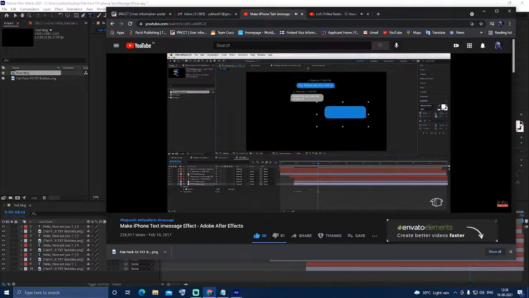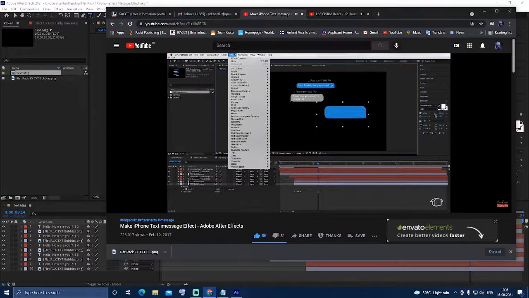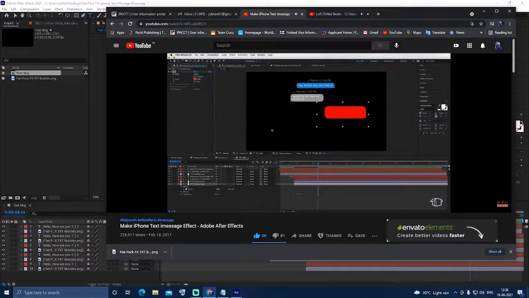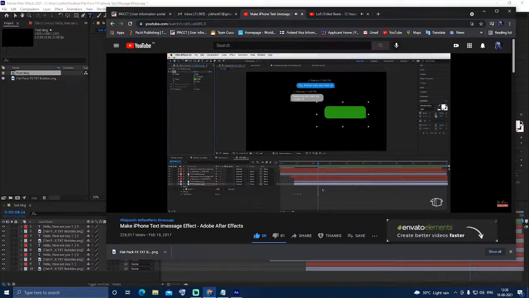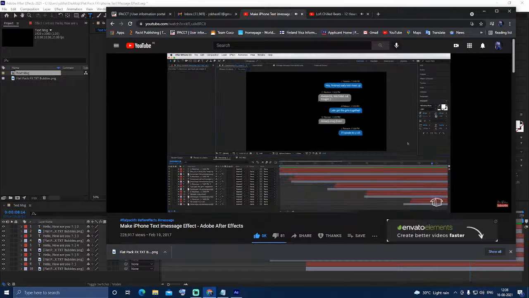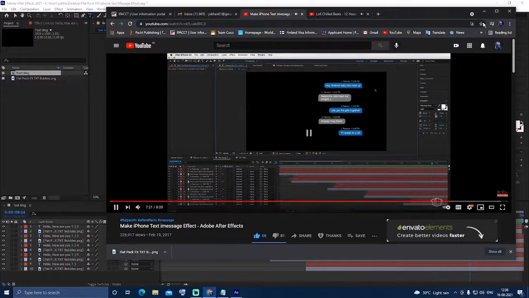The other thing you can do is you can come up to Effect, you can go down to Generate, and you can come down to Fill, and you can make this whatever color you want. So on the iPhone, they have a green version as well, so you can make this green. It's that easy. So you can easily change the colors of these and do whatever you want. Now, once you've actually finished your comp